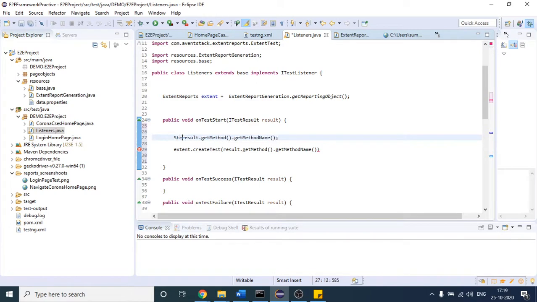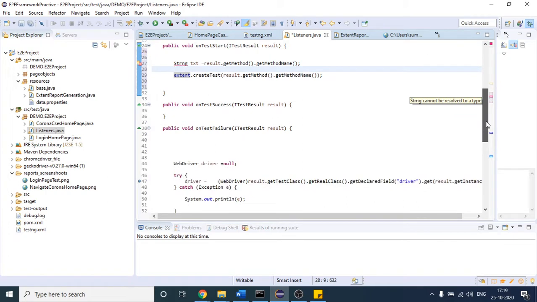So string text. Once you give this, it will create one test case, whichever test case runs first, with its name inside that index.html file.